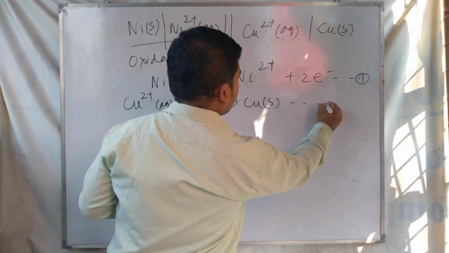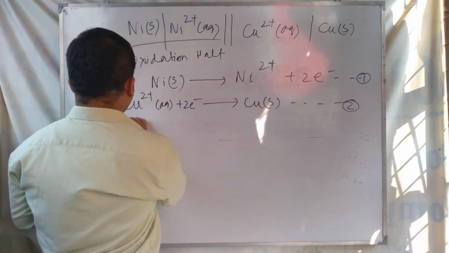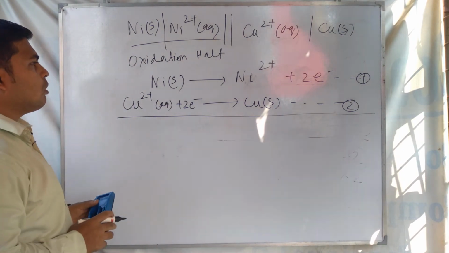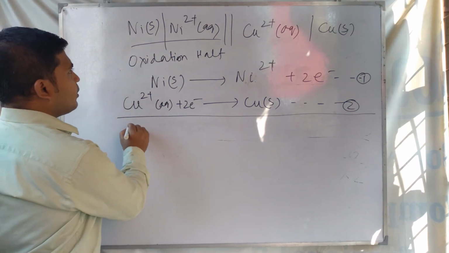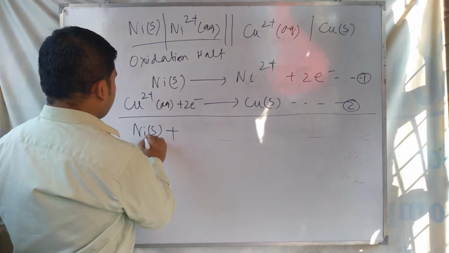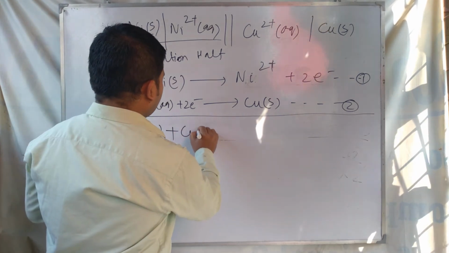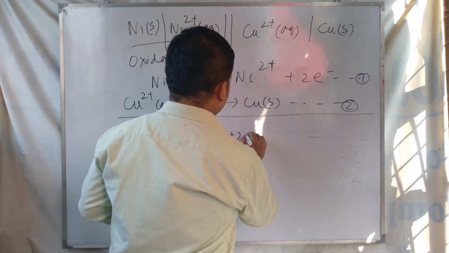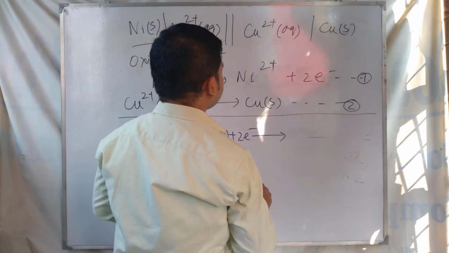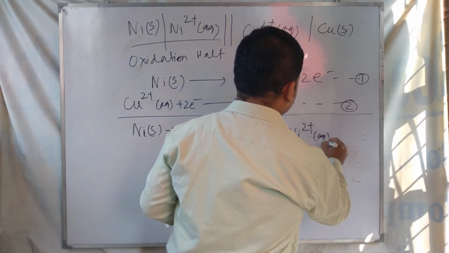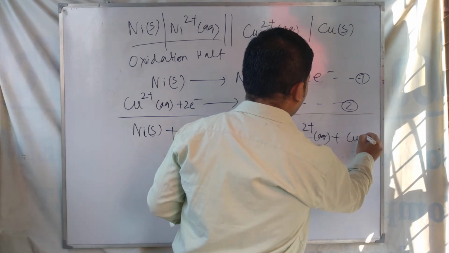This is equation number 2, and we add these two half cell reactions, and we get nickel solid and copper 2 plus aqueous solution plus 2 electrons to nickel 2 plus aqueous and copper solid